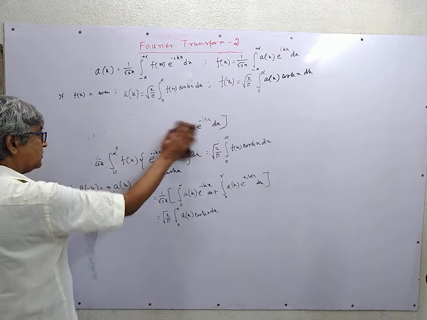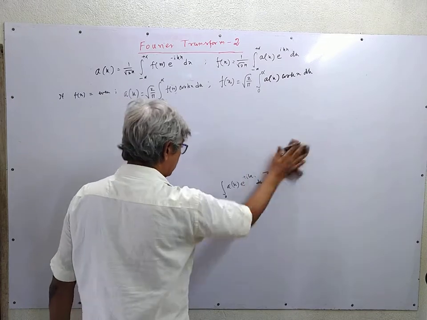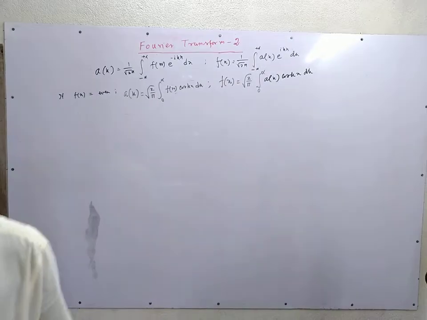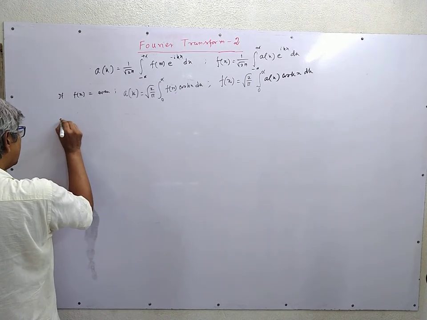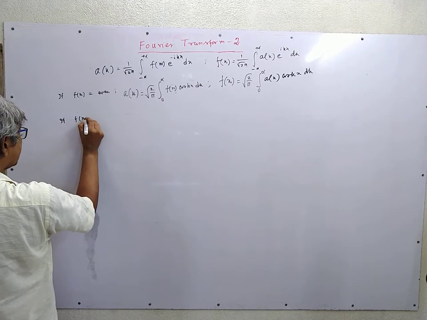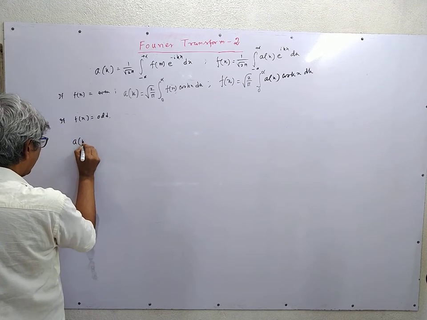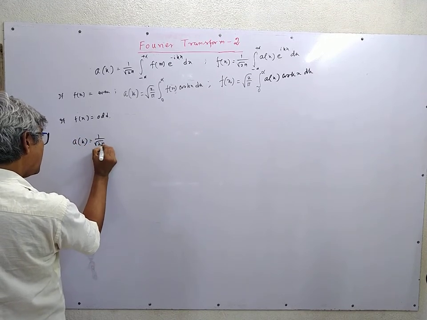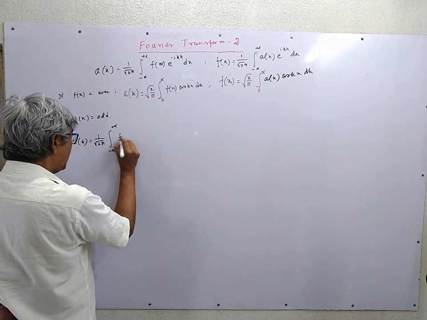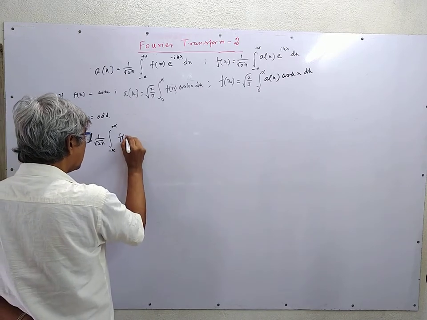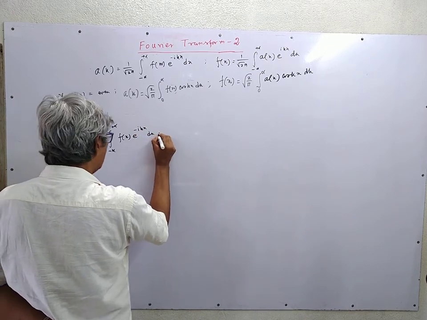What happens now? I ask the question: what happens when f of x is odd? What simplification do we get from there? Let me start again from the basic definition. If f of x is odd, then what happens? The a of k is integration from minus infinity to plus infinity f of x e to the power minus i kx dx, which we write